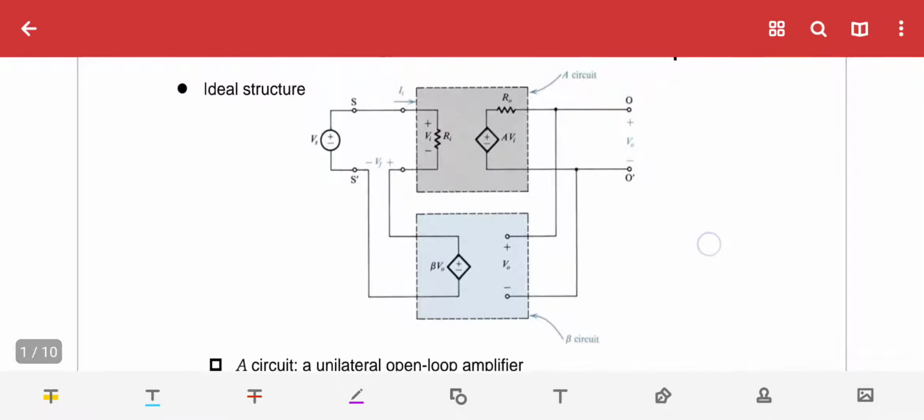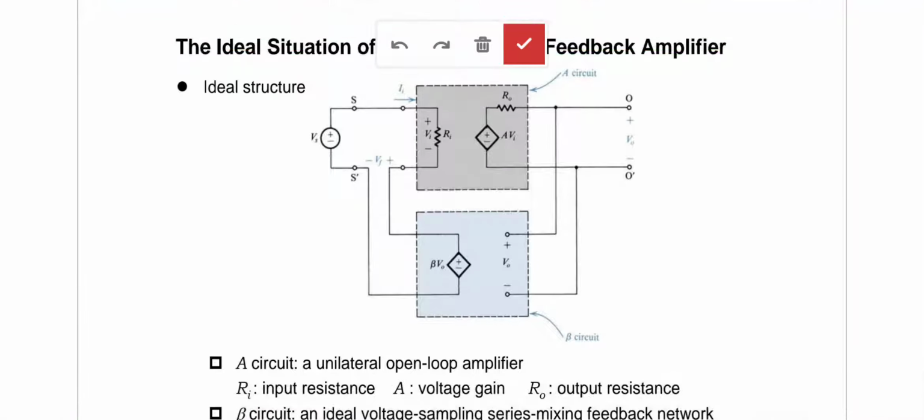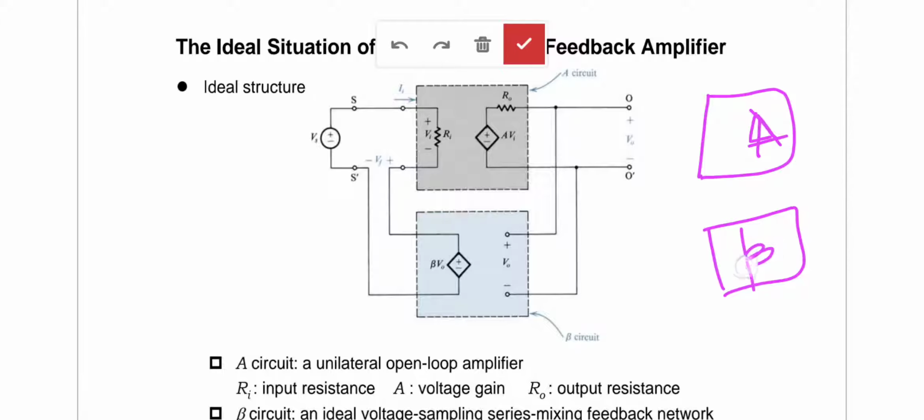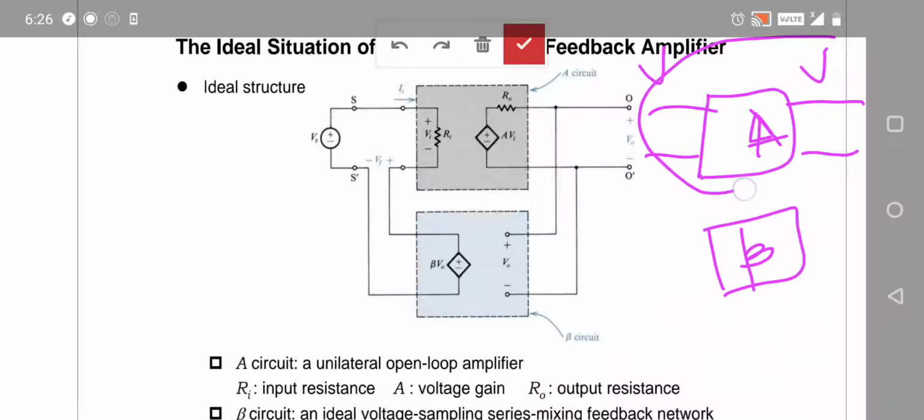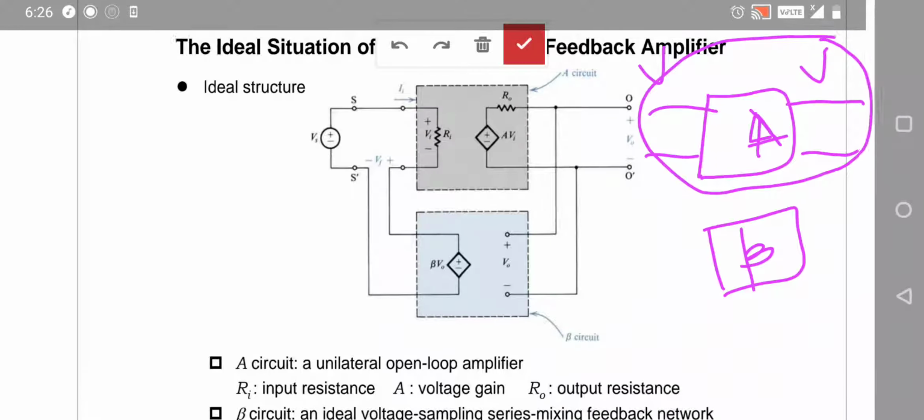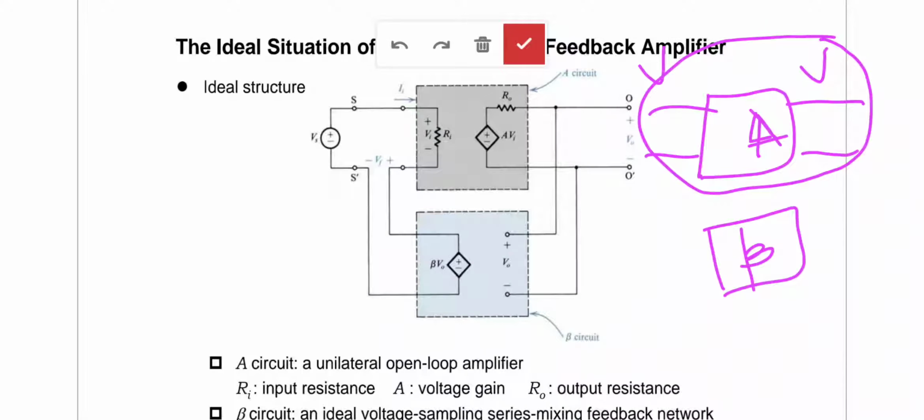So you can see the ideal structure. So the ideal structure is, first we have an amplifier structure here, the A circuit, then we have a beta circuit. So A circuit means the amplifier. So as I told, it's a voltage amplifier. That means output should be voltage and input should be voltage. So if you are drawing the internal or equivalent diagram of this amplifier, it will be